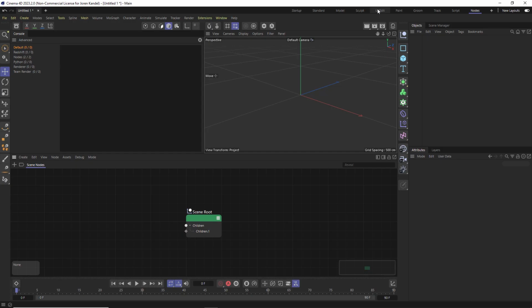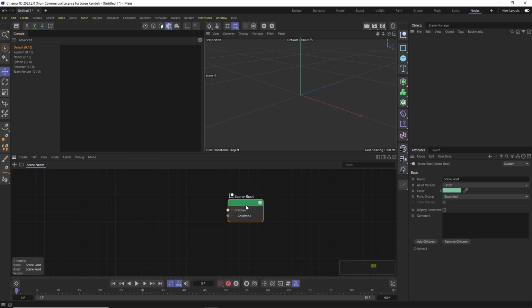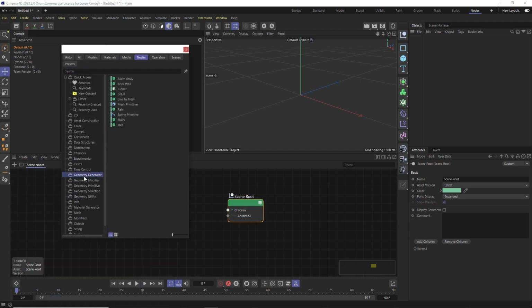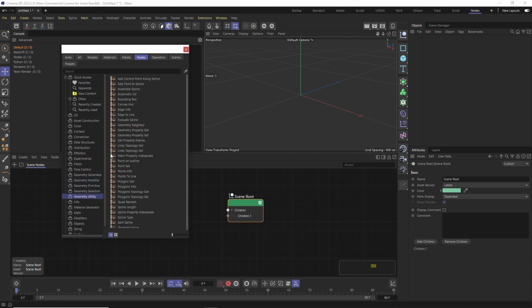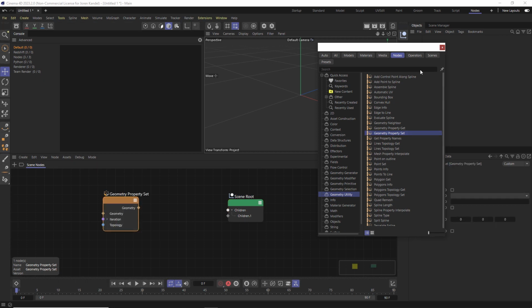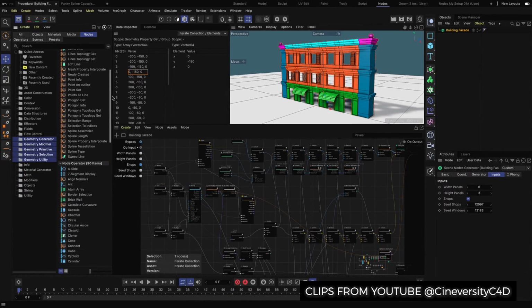But if you go to your layouts up here, we have a node layout and it opens up this scene node. And if we go to create add nodes, there are a whole bunch of different geometry generators, modifiers, different options that you can drag into here. And it's a different way to create geometry, to modify geometry, and to do everything in a procedural way using